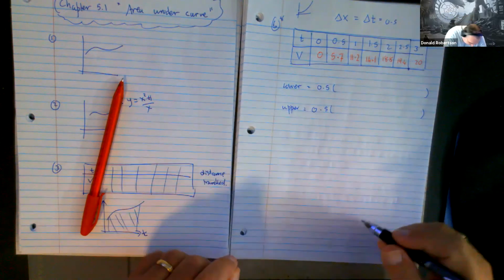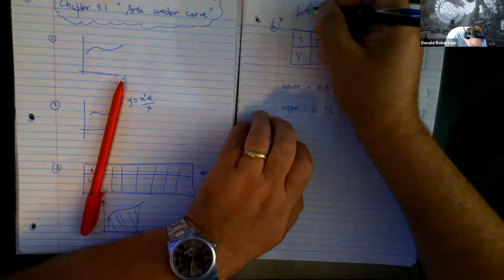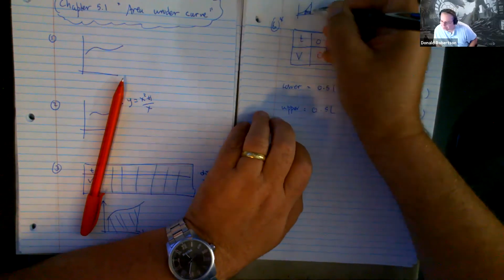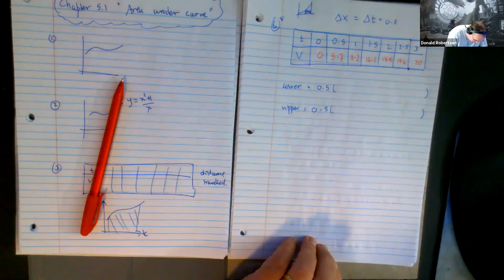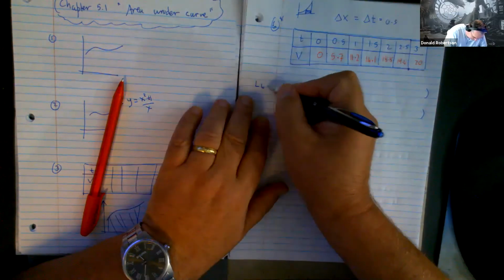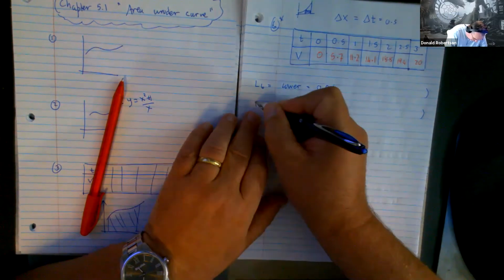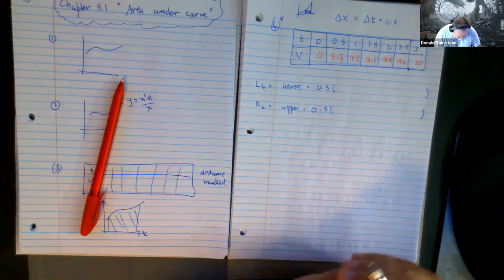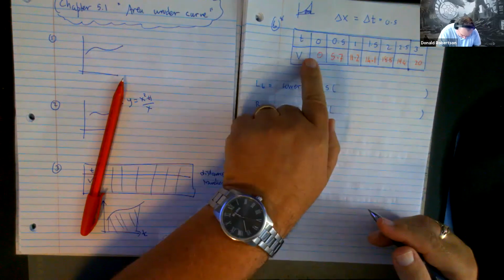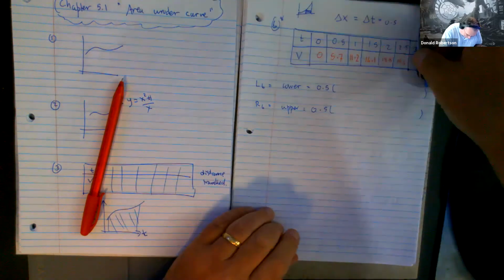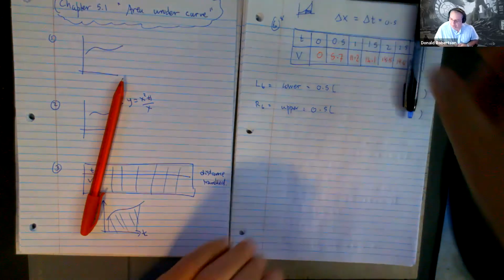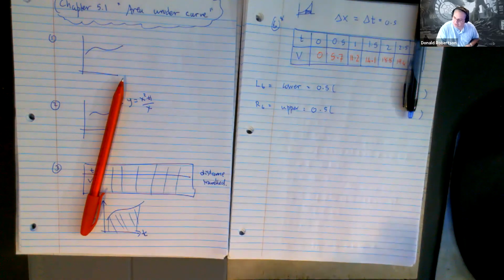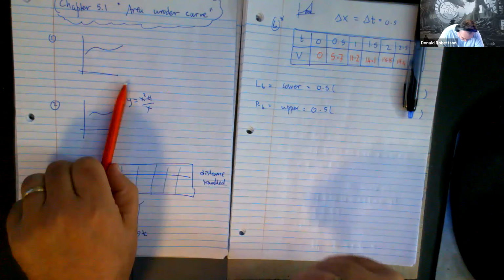Now this is increasing. So if you imagine one rectangle, can you see the left one is the underestimate? So the under one is going to be L6 and the upper one is going to be R6. So that's us. We've got everything in place. It's really just a matter of plug and chug now. So let's see what the numbers are. For the left 6, we're going to use those guys, right? The 6 numbers on the left. So that's going to be